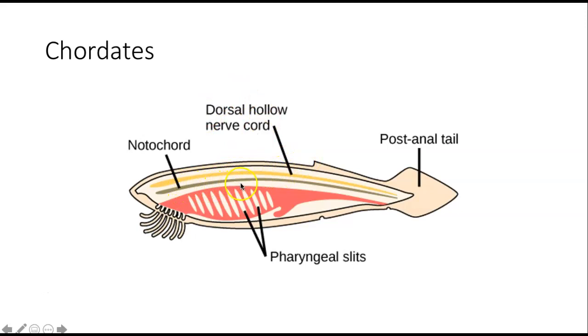There's the notochord. So the dorsal hollow nerve cord becomes the brain and the spinal cord. The notochord gets replaced by the vertebral column in vertebrates. Here are the pharyngeal slits that either become gill supports or jaw supports or become part of your ear and tonsils like in us. And allow water to move once it enters the mouth in aquatic organisms. And here is the postanal tail. Okay, so those are 4 of the most important